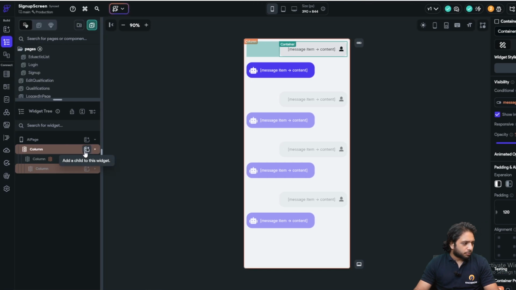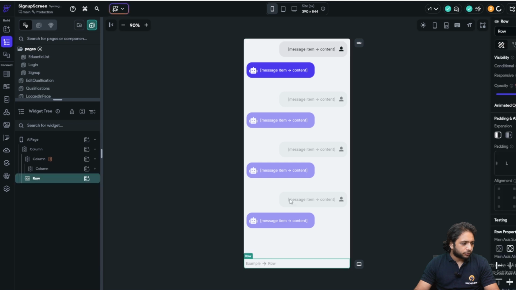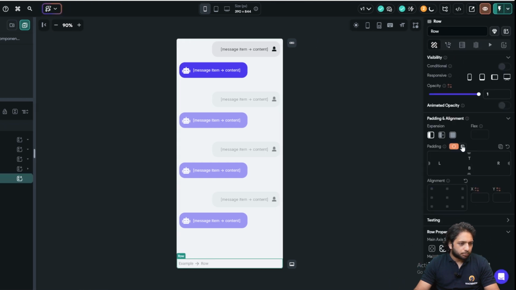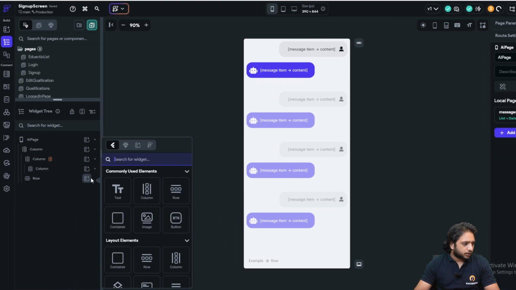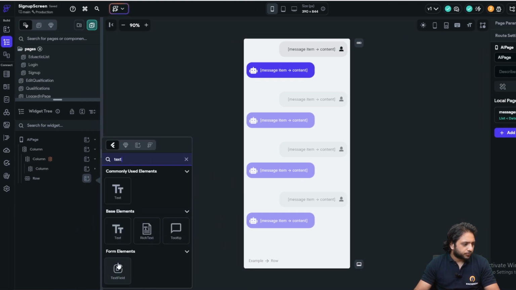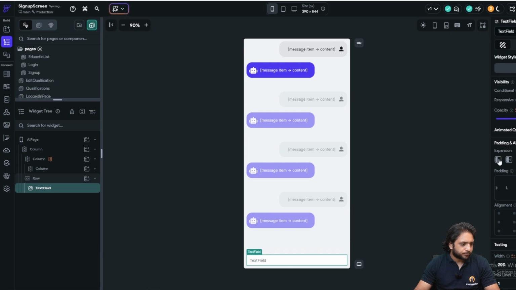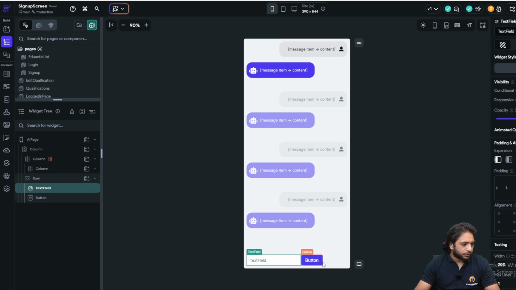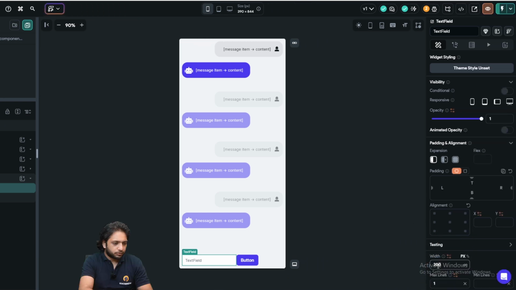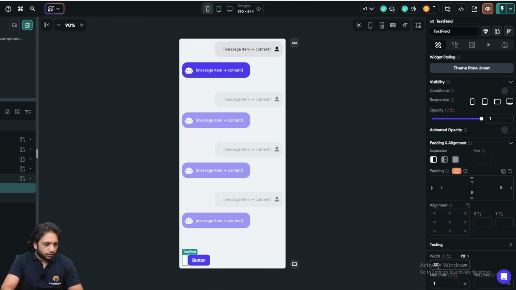Now in our main column, I will add a row and will give it a padding of 10 from all sides, and I will add a text field to enter our prompt message, and also I will add a button so that we can make our API call. Now the width of our text field will be 270 pixel,